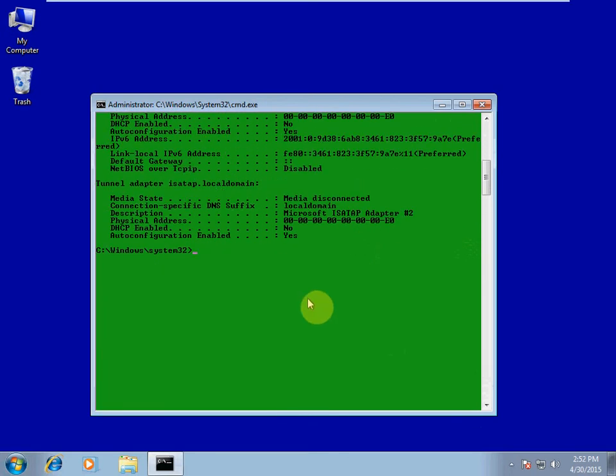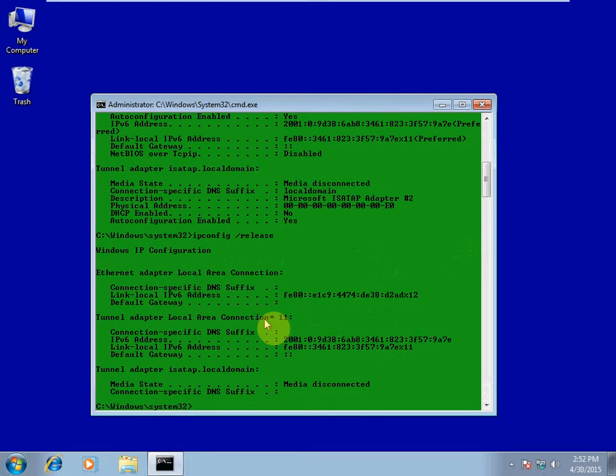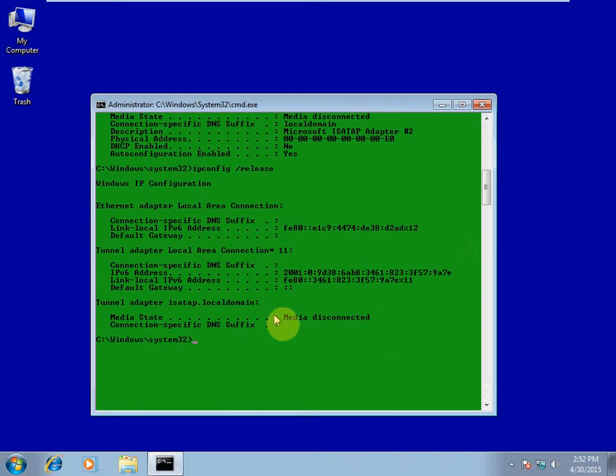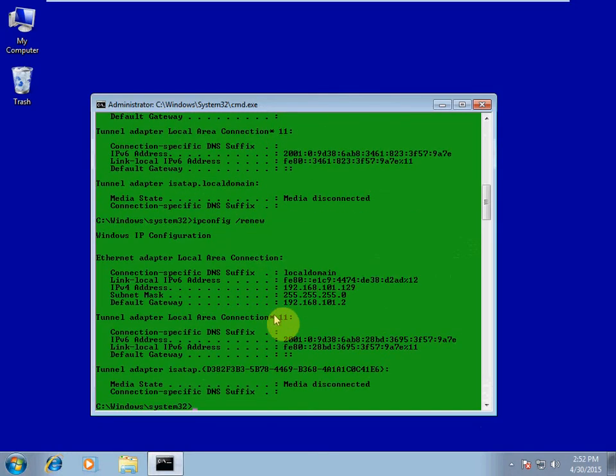So now that we see everything there, we're going to come back down and type a new command. This is going to be IPconfig space /release, and hit enter. So this releases all of the DHCP addresses for all of our network interfaces. And then we're going to type IPconfig /renew to tell our computer to pick up new DHCP addresses from a DHCP server or router. So now that we have reobtained our IP addresses,